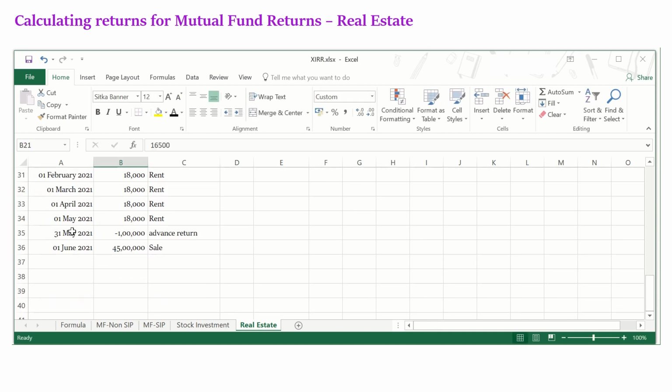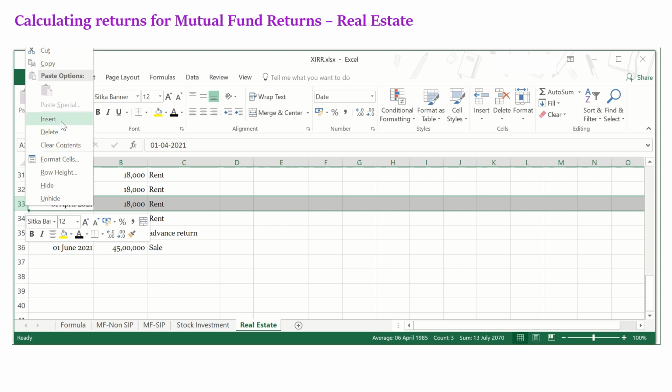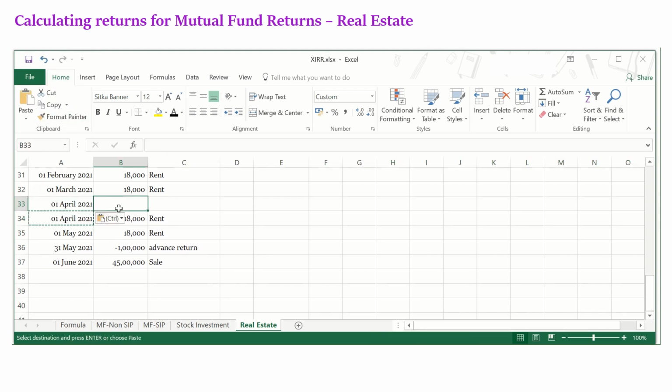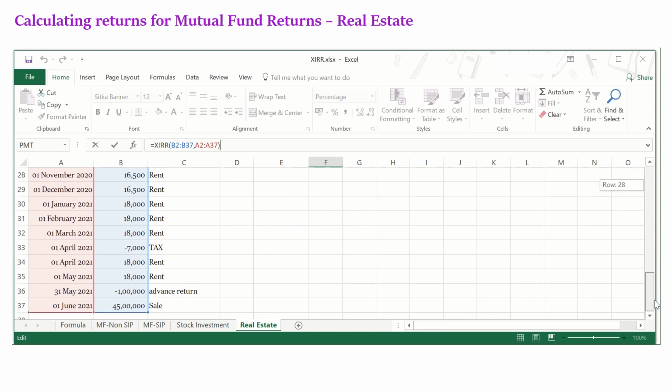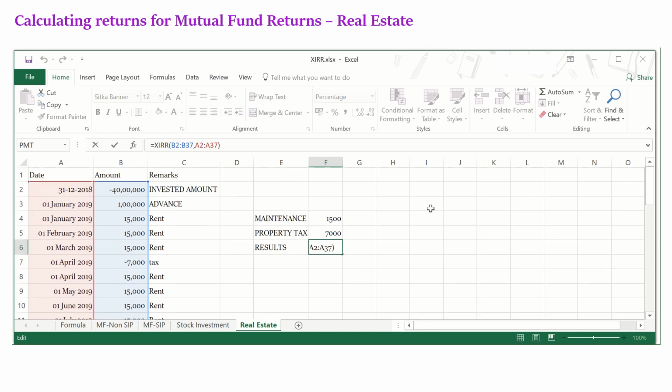And lastly for April 2021 as well, the amount is paid out. So let us confirm whether the formula covers the whole range. Yeah, it covers the whole range, and you can see that in all, considering the more realistic situation of taxes or payment of, receiving of rent, he has a return of 9.91%.